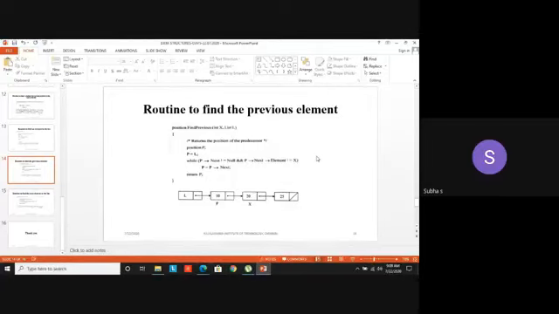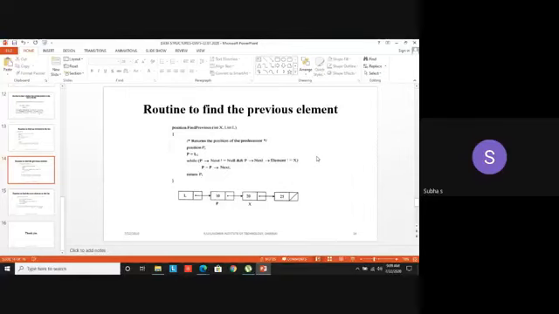So I'm going to find the previous element. As told, there are three things we can do with respect to find. I can find a particular element, or I can find the previous element for a particular node, or I can find the next node for a particular node. Suppose you are maintaining your class database.